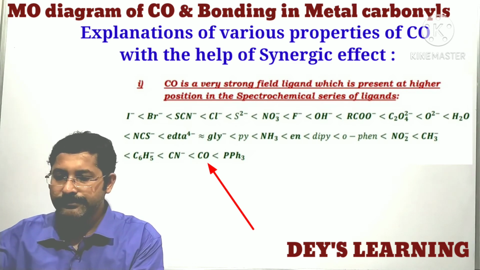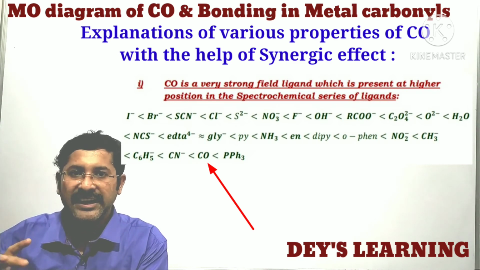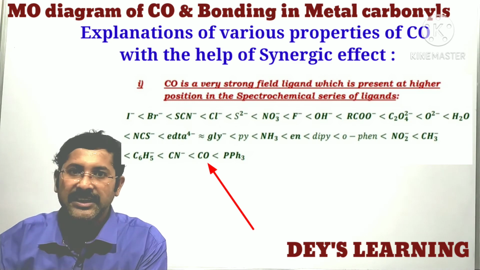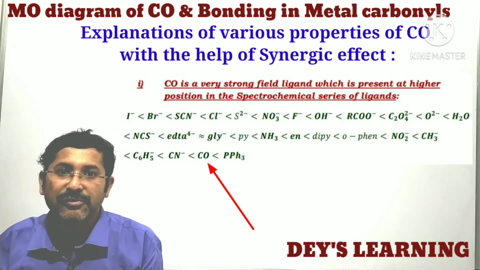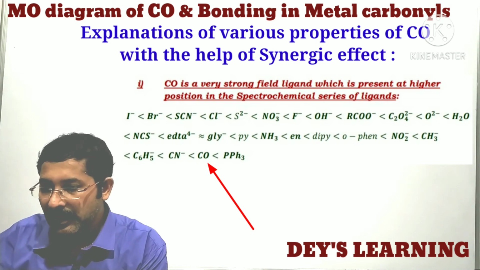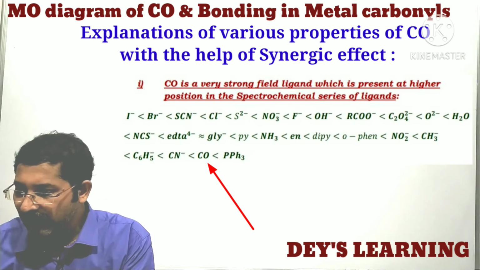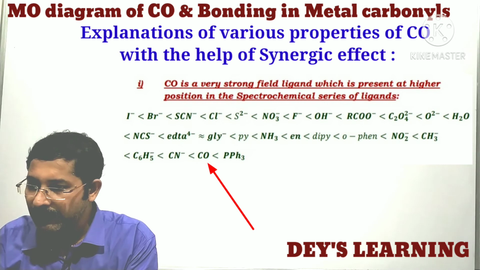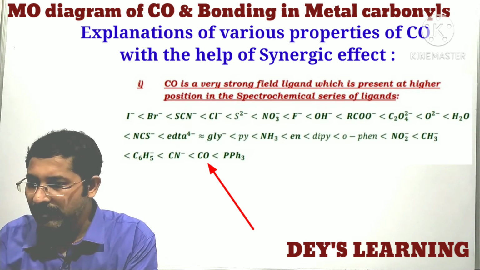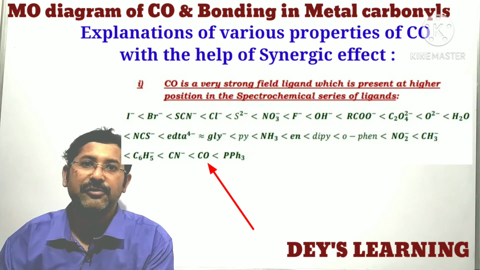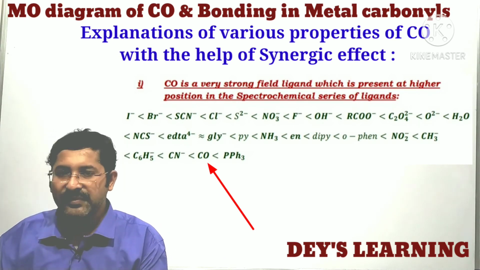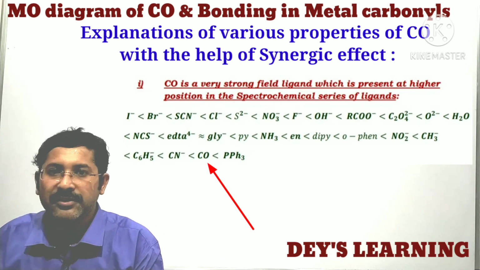Actually it increases the energy gap between the t2g and eg orbitals in the octahedral field. So this is a very strong field ligand because of the interaction of the metal and carbon monoxide. This interaction with the metal is very strong, and